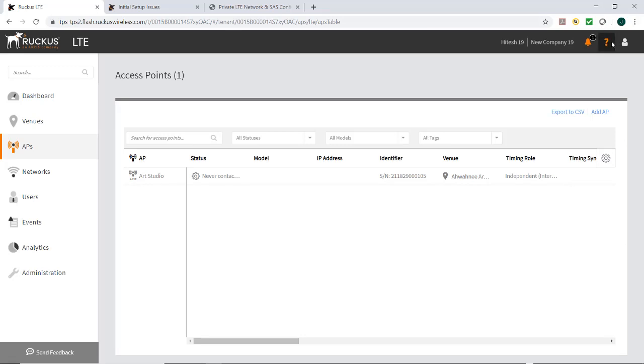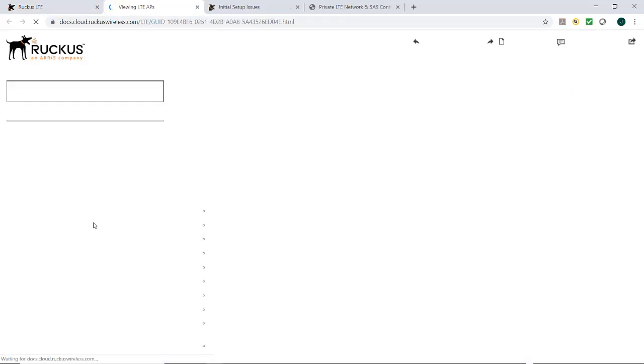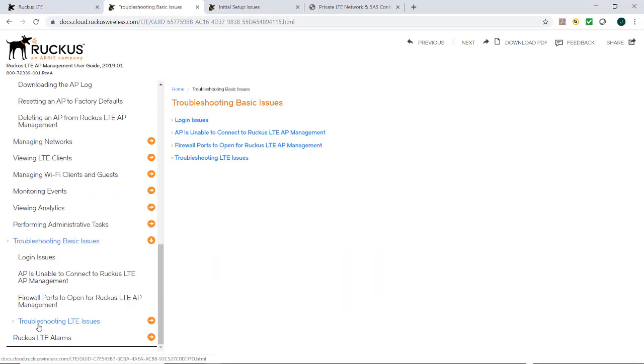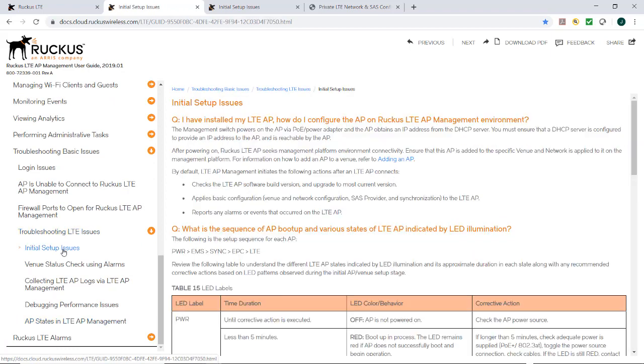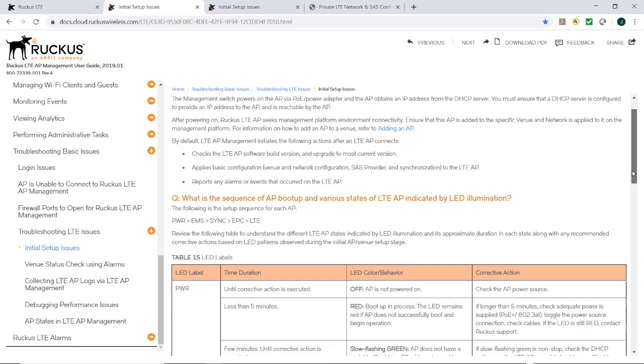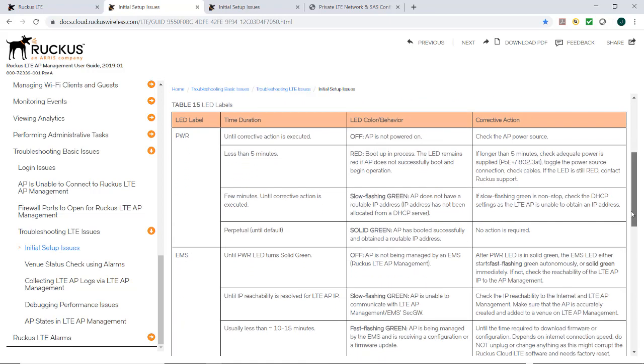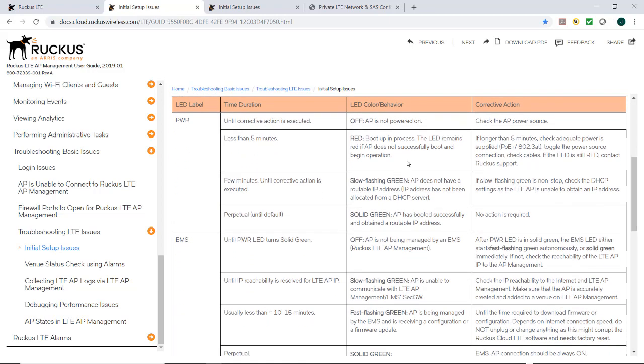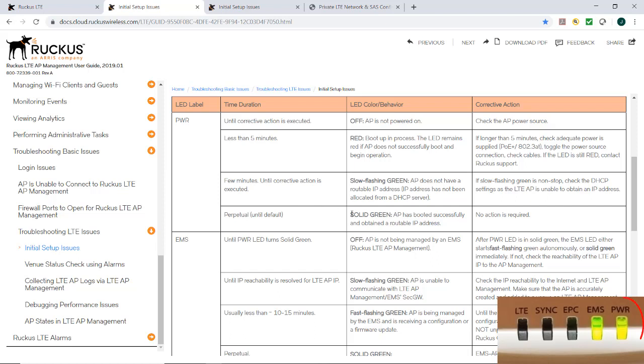If I go to my Help menu, and I go to Help for this page, and I click on Troubleshooting Basic Issues, Troubleshooting LTE Issues, and Initial Setup Issues, if I scroll down here, I'll get a status of the various LEDs and what that means. The power LED, if that goes solid green, that means that the AP has booted successfully and obtained a routable